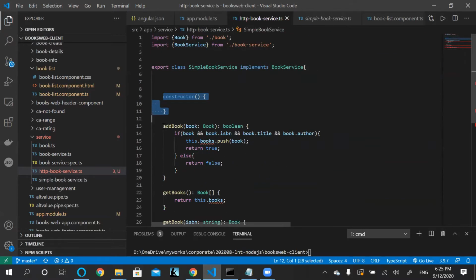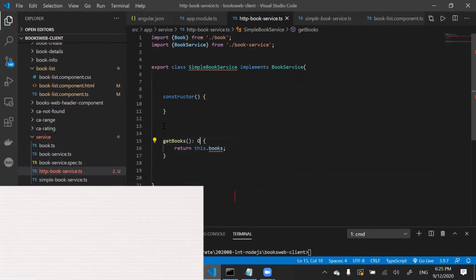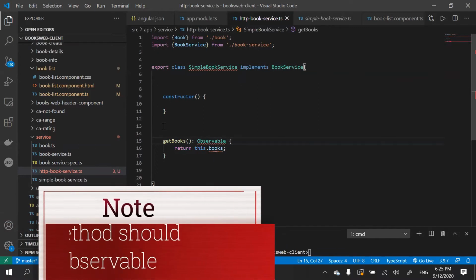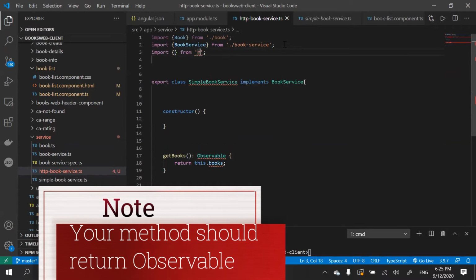That's the first thing. And for the time being, I'll be implementing only one of these functions, that is getBooks. And getBooks, instead of returning a list of all books, will be returning an observable. An observable is present in the RxJS package.